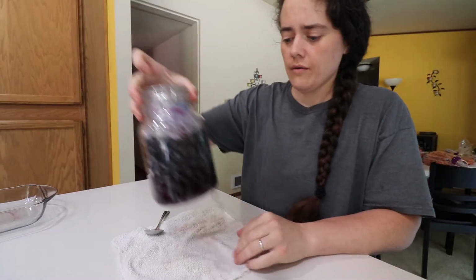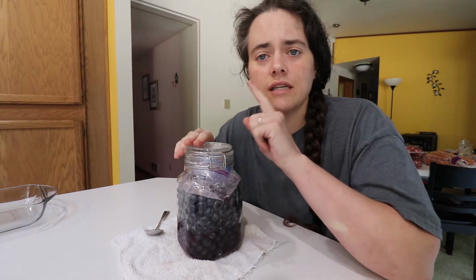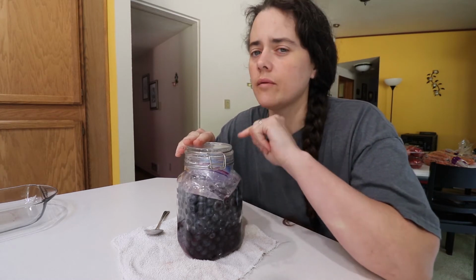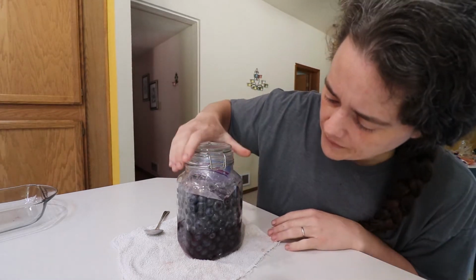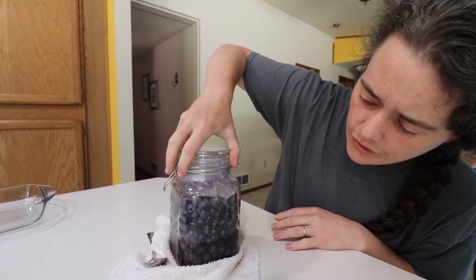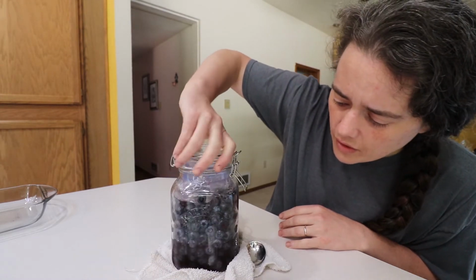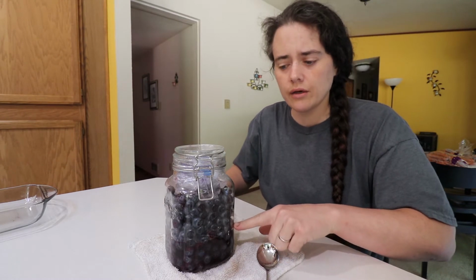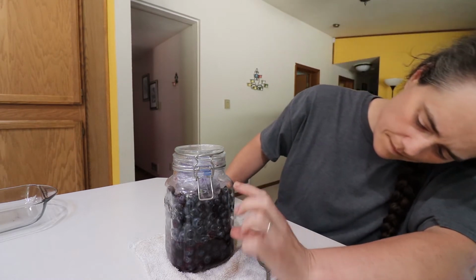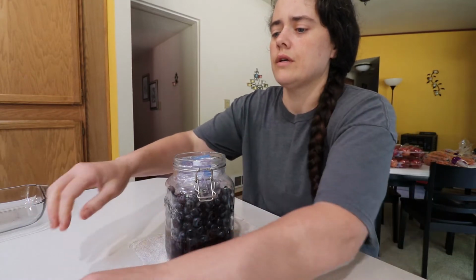All right, so now we are ready for our taste test on this. I have taste tested it one other time. It was still a little bit too salty, so I went ahead and just let it go for a little bit longer. If you're looking in here, you can see there's no mold. I don't know if you can tell, but looking up close, there's no mold. The brine has gotten to about here, so it's a little more than a third, I would say. So what we're going to do here,